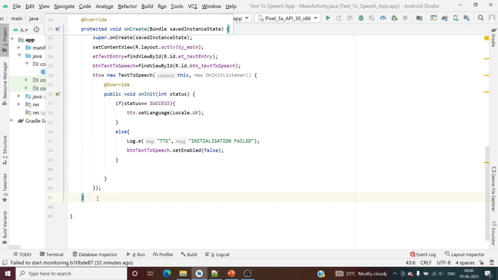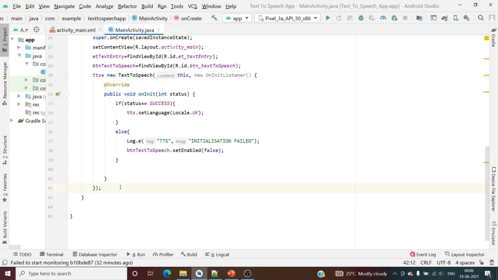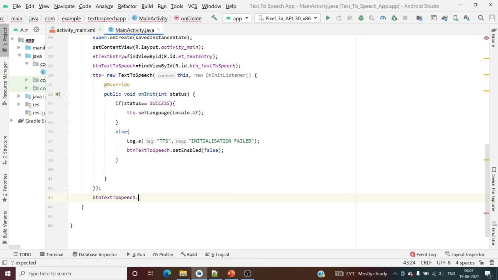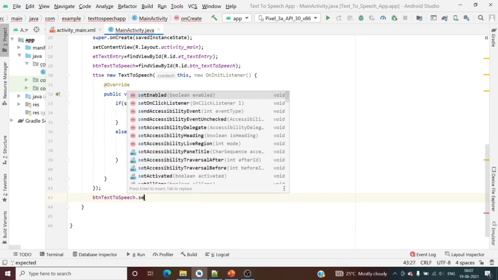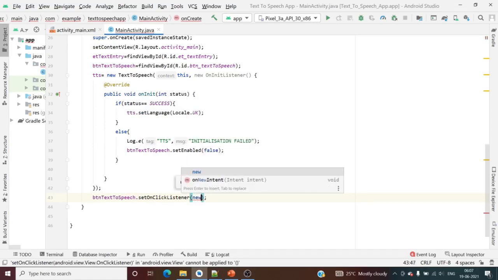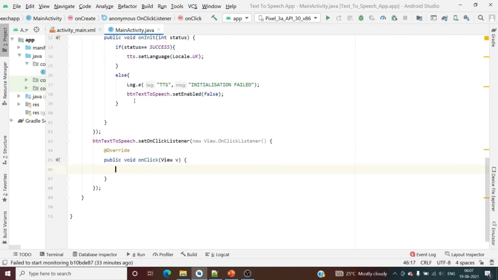In onCreate only, I have to set this with the button. Button text to speech dot setOnClickListener, correct? New View.OnClickListener. Right. Now here I will write a method,